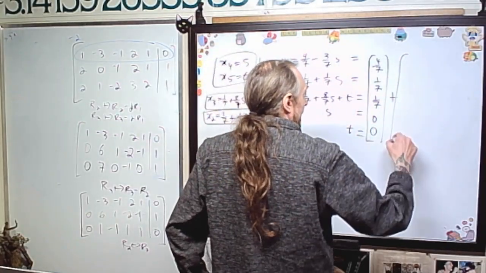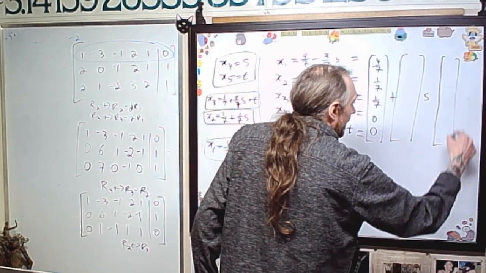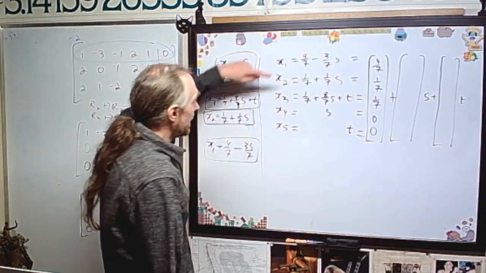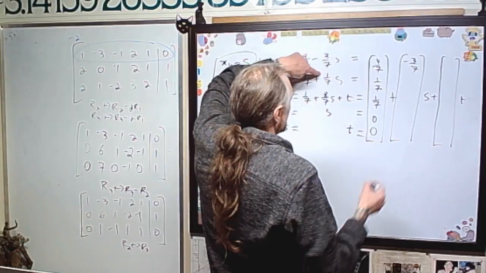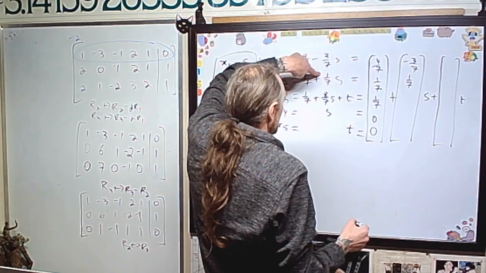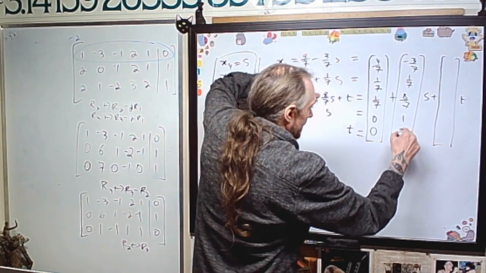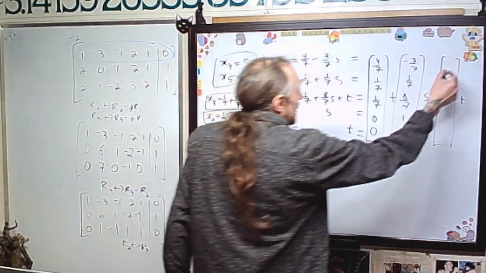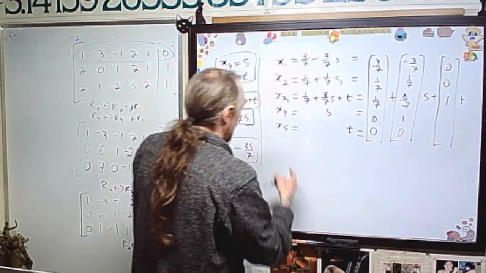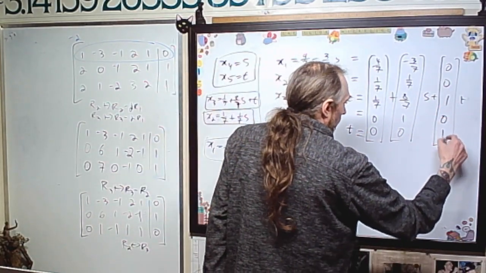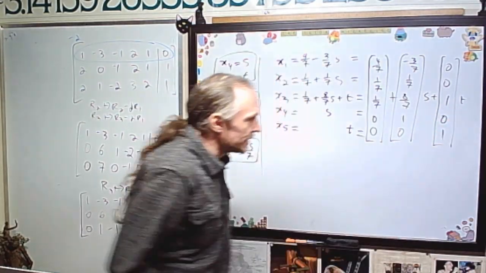Plus, who's the vector in front of s and who's the vector in front of t is what I'm asking myself. So now, does this have s's in it? Yes, it has negative 3 over 7. Does this have s's? Yes, 1 over 7. Does this have an s? Yes, 8 over 7. Does this have an s? Yes, 1, and this has zeros. Who has t's? This one has a 1. So now you can see this is the parametric form, we call it, because there's a parameterization